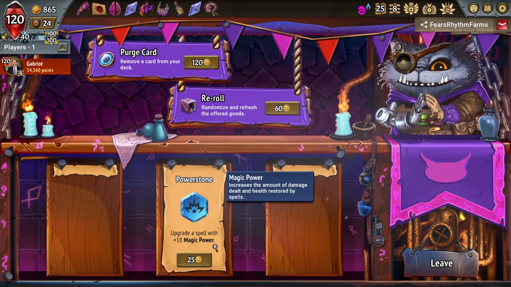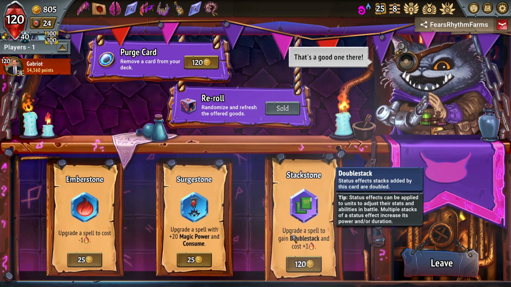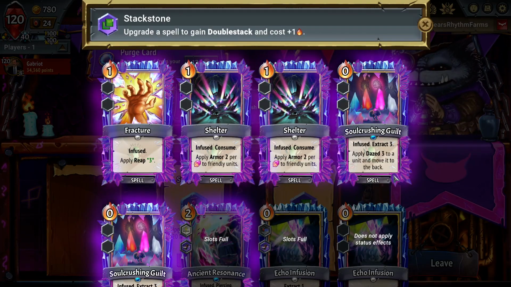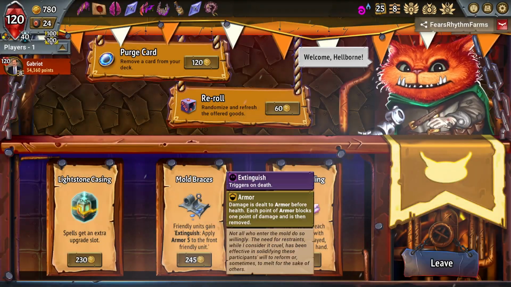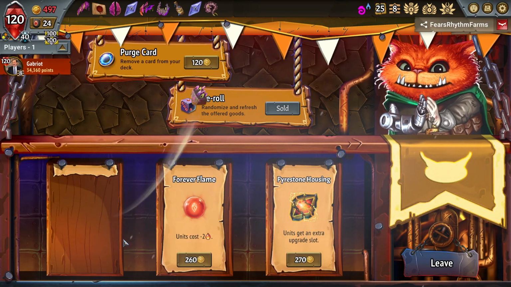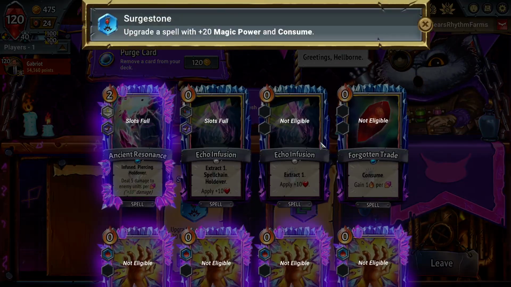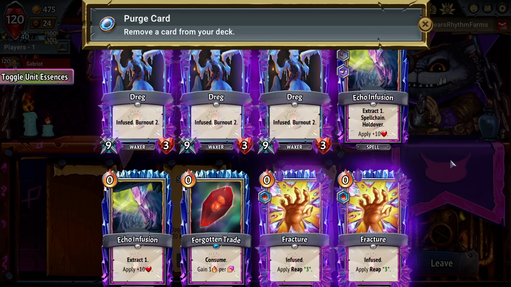We could do a Lightstone Casing as well, but I don't think we need that. I know these Dregs have been good, but I'm debating double stack. I just don't think we need to double stack it. Okay, Mind Horde's really good with Corruptor, obviously. Probably just Purge cards. Like, I know the Dregs have been decent, but...